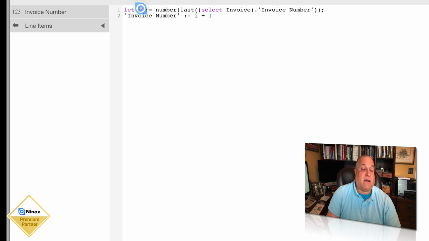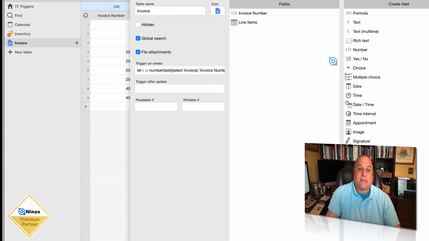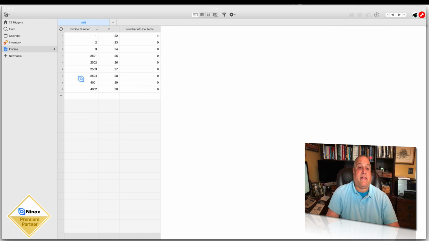We are designating a variable. We are assigning that variable the number of the invoice that was the last invoice created in the table. And we are saying this new invoice, whenever it's created, whenever the trigger gets pulled and a new invoice is being created, give that invoice the number of the last invoice plus 1. So let's go back and look at our table. The last invoice created, which is on line 9, record number 30, is invoice number